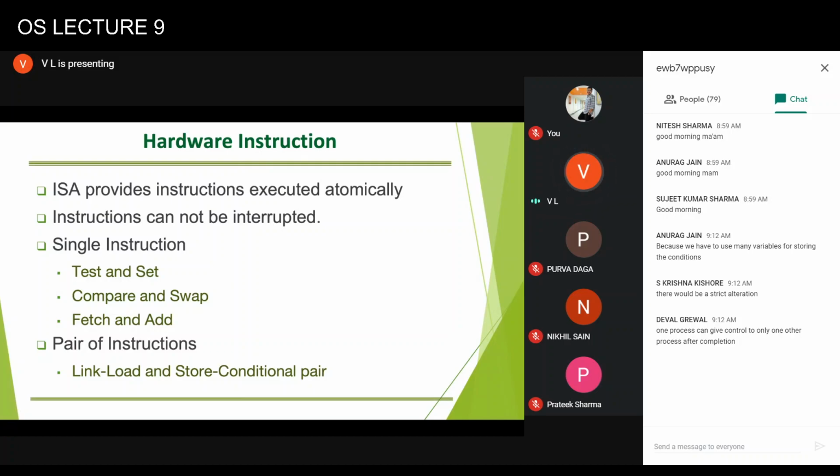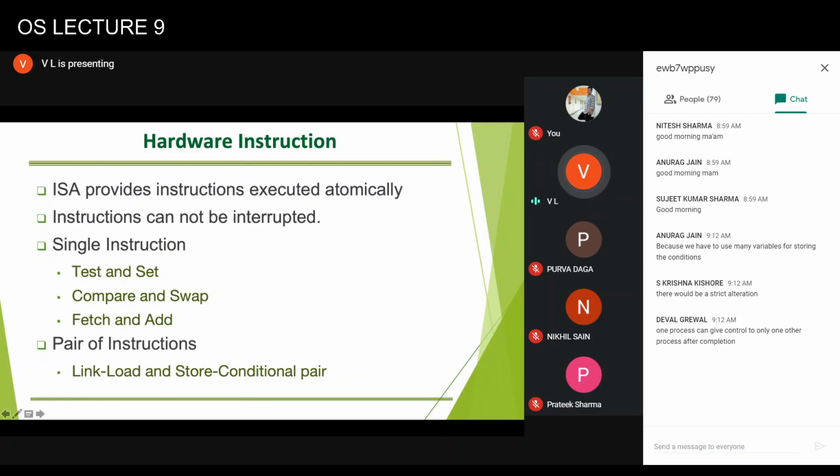Okay. So we said that one of the solutions is the algorithmic solution, and this algorithmic solution can be for 2 processes or n processes. Now we are going to talk about another scenario where hardware provides support for atomicity of an operation. These are instructions provided by the hardware, and they are executed atomically. Why are they different from other hardware instructions? Because they allow you to implement a solution to the critical section problem, as we will see.